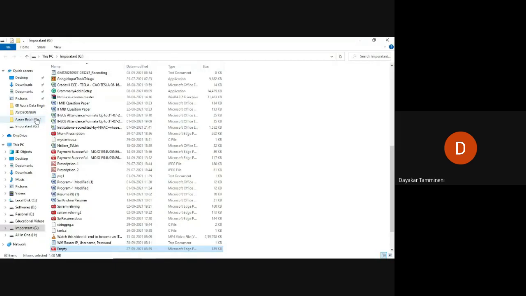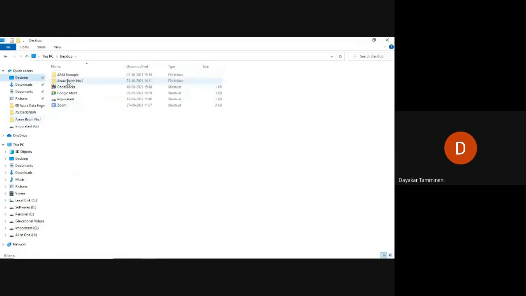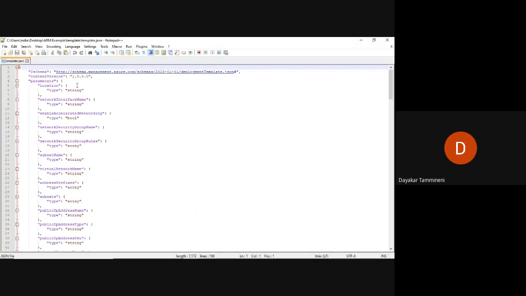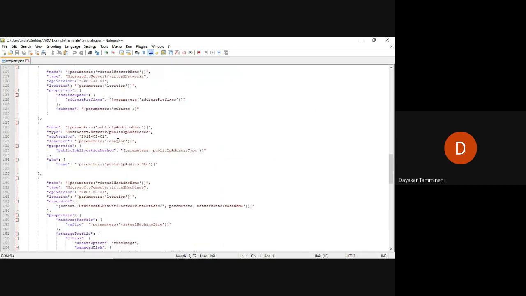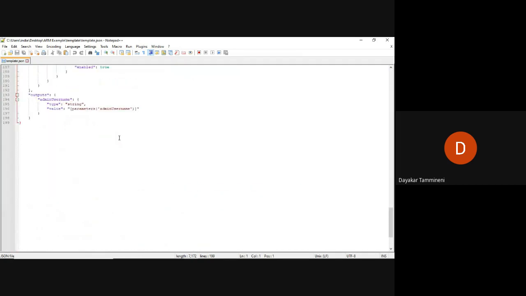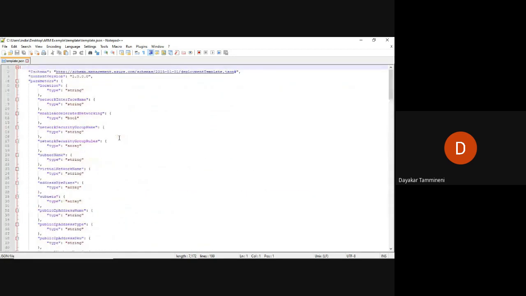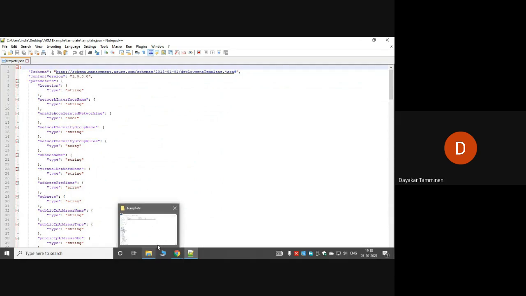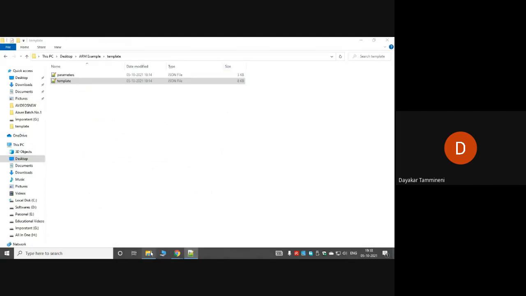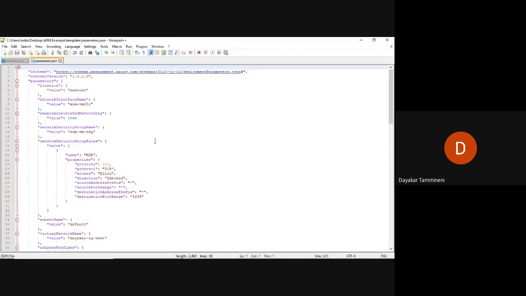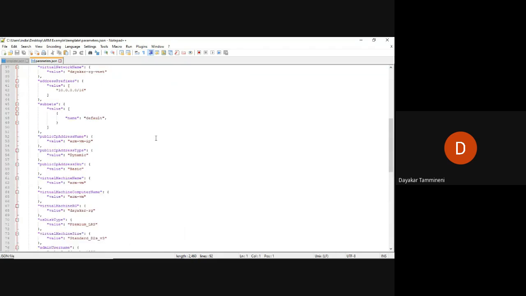Where are they located? In the desktop, in the folder ARM example. Template.json, and one more file is there, parameters.json. So these two are the files.